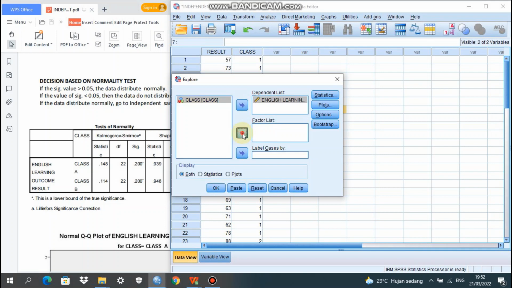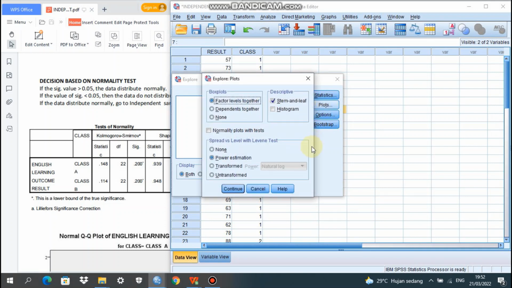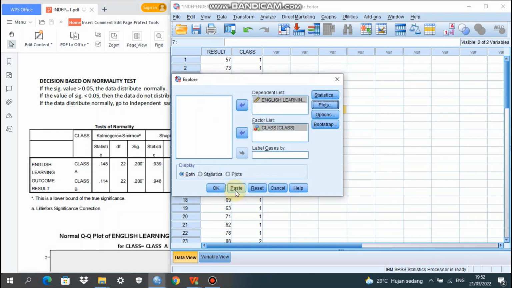We click the arrow. Okay, good. We go to Plots, click power estimations, and then continue. After that we click OK.